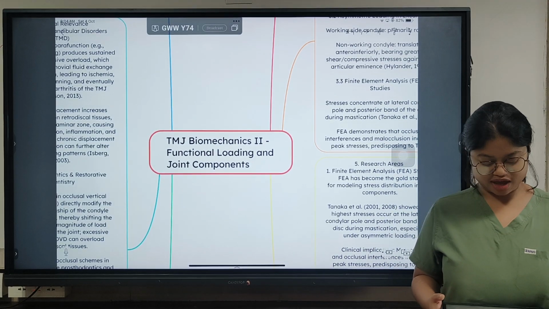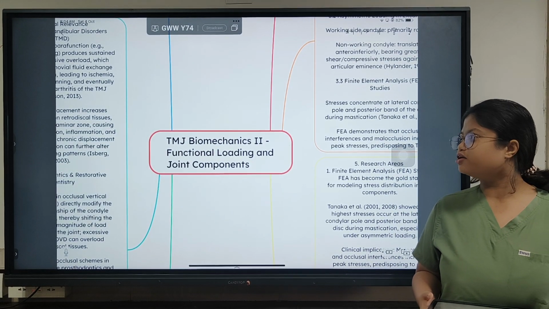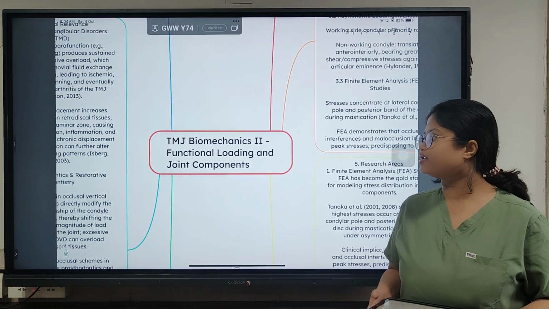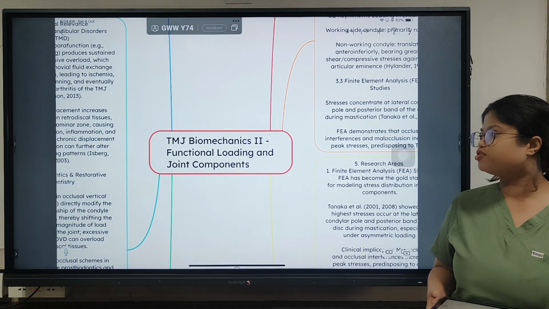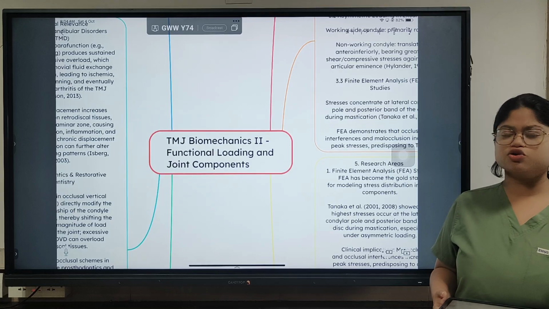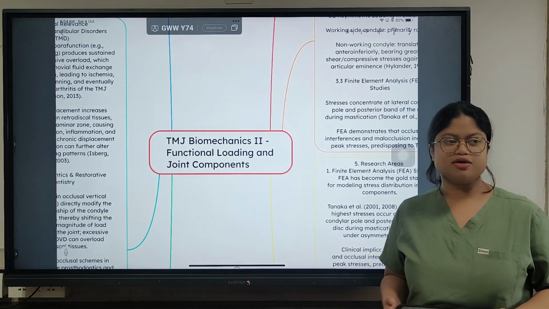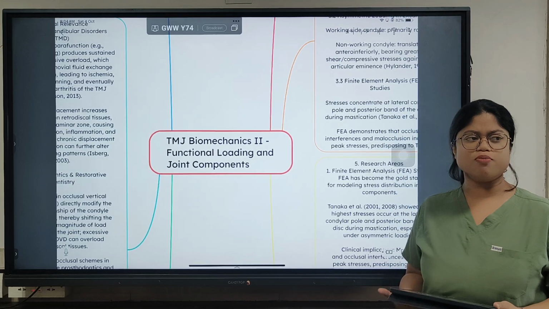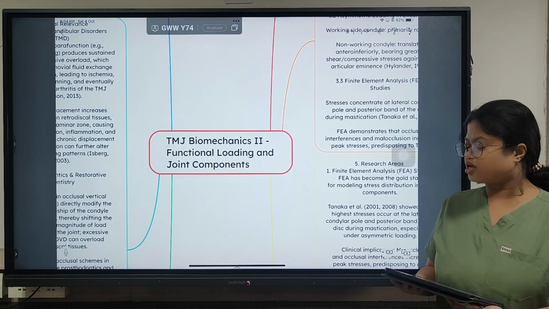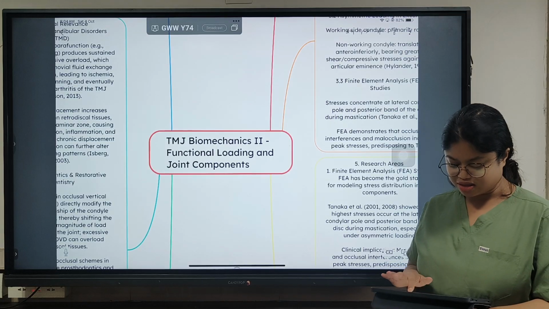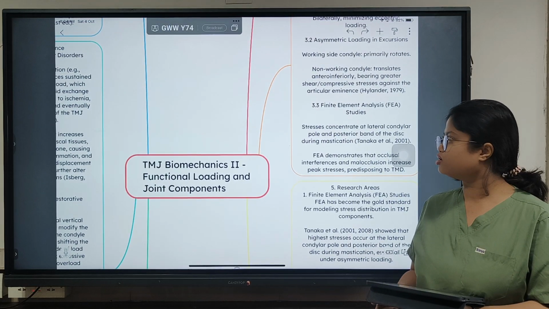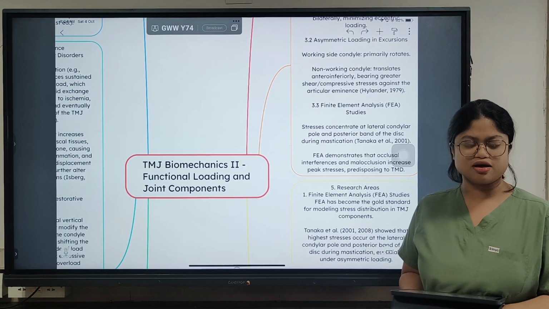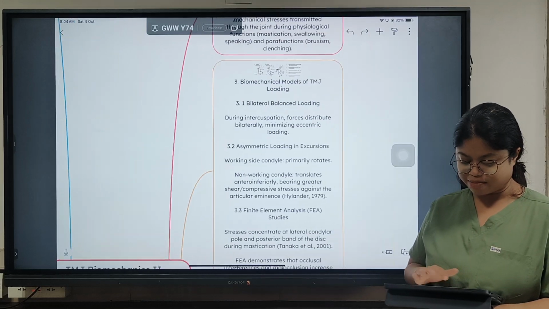Morning everyone. Today I will be discussing my seminar on the topic TMJ Biomechanics Part 2, in which I will be discussing functional loading and joint components. In the previous seminar we talked about the anatomy of the TMJ and how biomechanical forces come into act. In this functional loading, how the changes will be there in the functional and the parafunctional habits, we will be